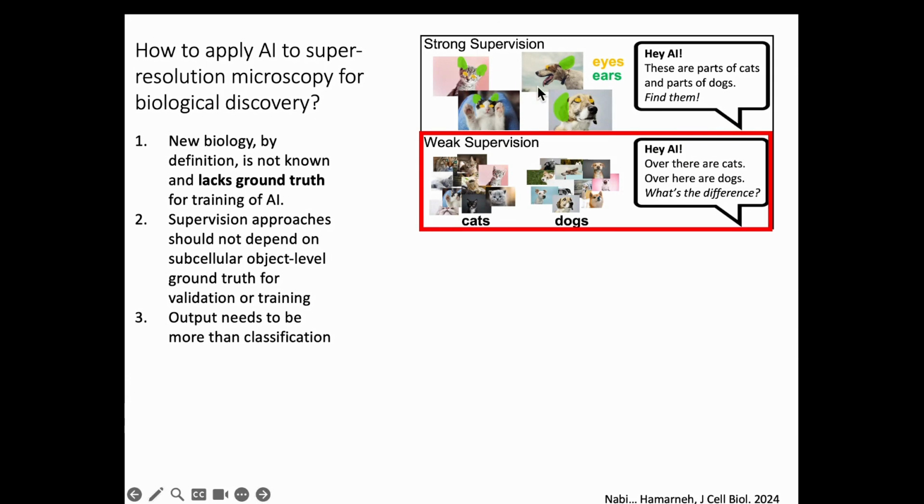Okay, can you go find them? And AI is amazing. AI can find them. And if you annotate correctly and you give strong supervision, AI is quite incredible. The problem is that if we're doing new biology or we're doing research, we actually want to find things that